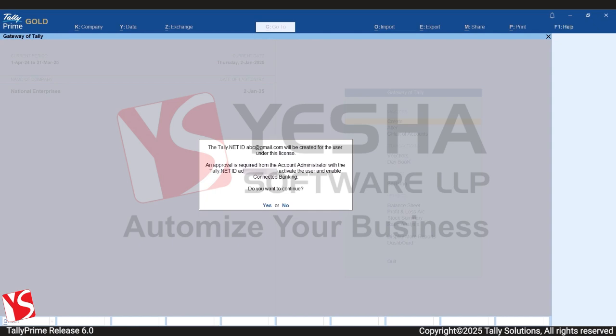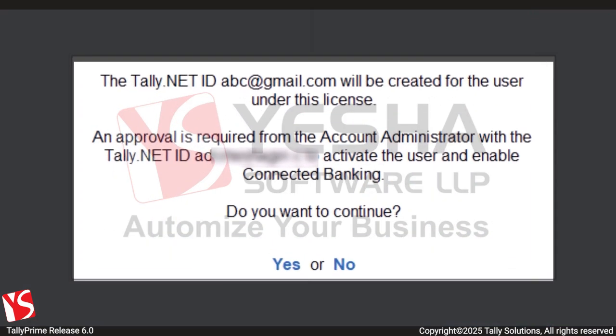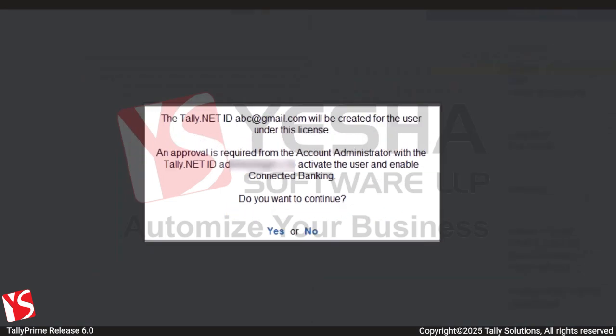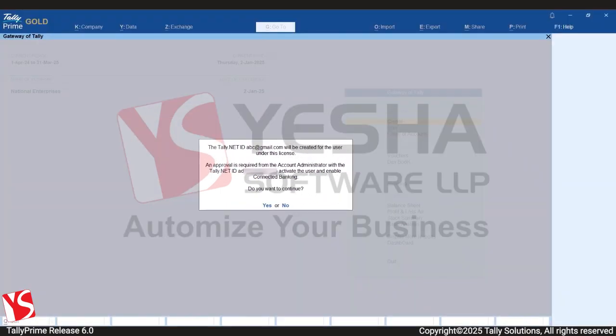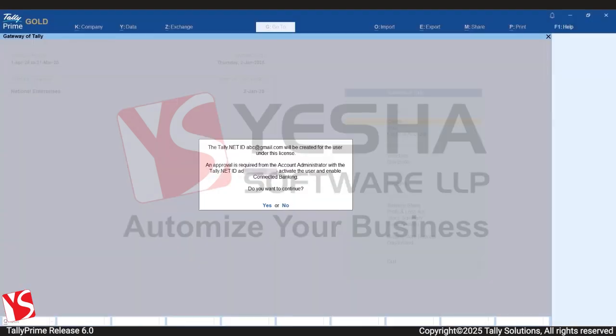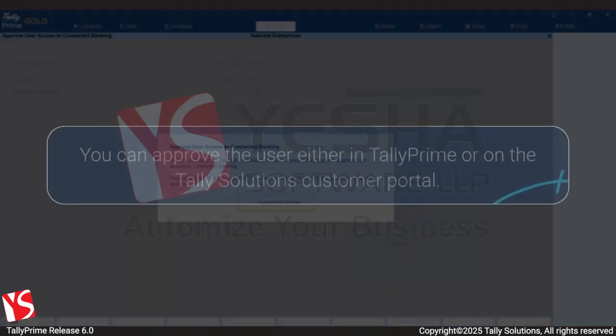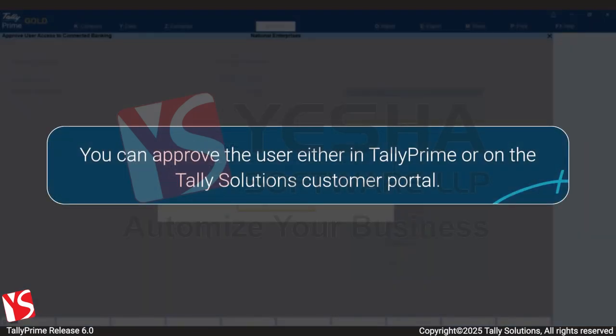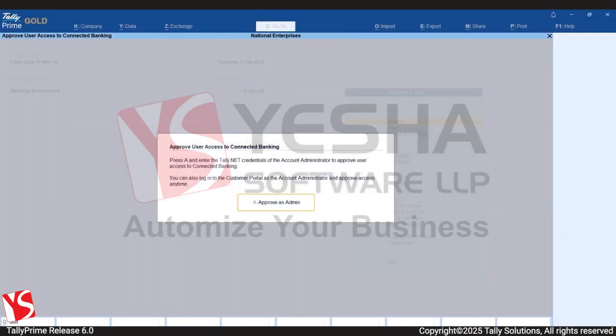If the Tally.net ID does not exist under the running license, then a message appears. You need to create the Tally.net ID before enabling Connected Banking. Press Y to proceed. You can approve the user either in Tally Prime or on the Tally Solutions customer portal. Let's approve now.